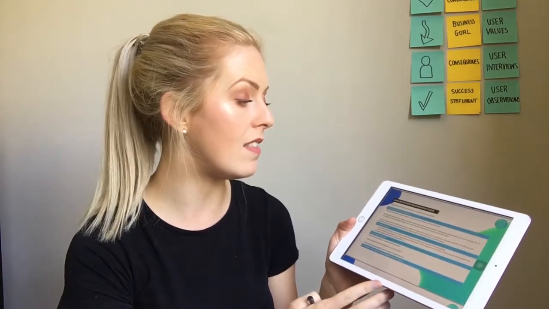So in the human-centered design playbook, you can see there's a preparation guide. So it tells you everything that you need to know to prepare for your interviews. So things like who are you going to invite to the interviews, and who are you going to interview? How long should the interview go for, and how many people should you be interviewing? You don't want to overcommit to interviewing a large group of users because this can take a lot of time. It's about interviewing a sample that will provide you with enough information and a representation of your user group.